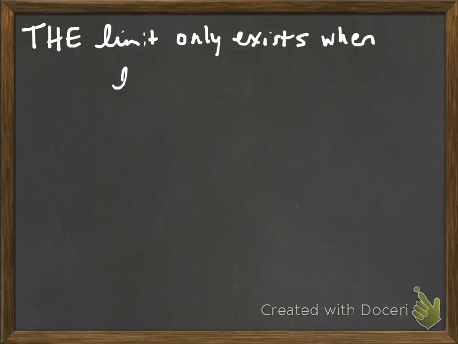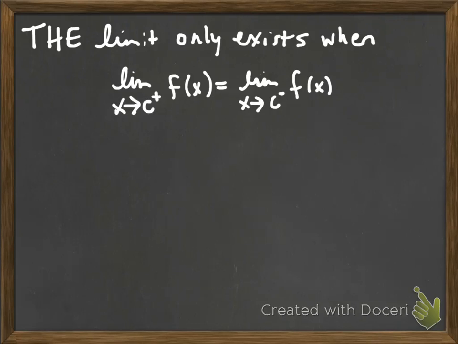So if I write the limit as x approaches c from the right of f of x, and I write equals, so this is the continuation of our sentence. The limit only exists, and I put the in all caps because the limit only exists when the limit as x approaches c from the right of the function equals the limit as x approaches c from the left of that function. Perfect. And the way we will say that when we're discussing problems is we will say the only time the limit exists